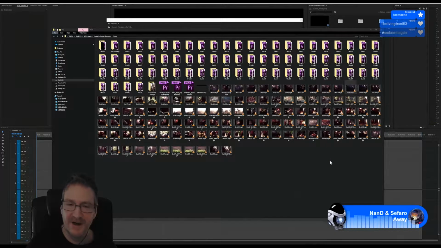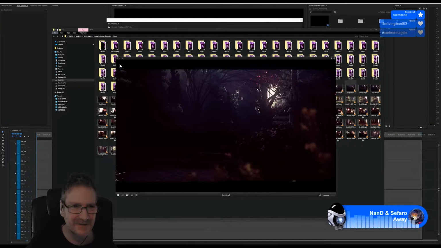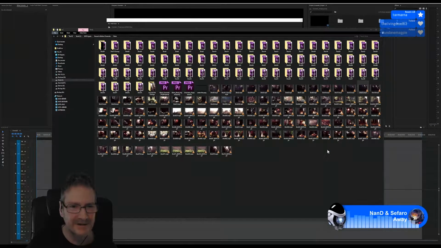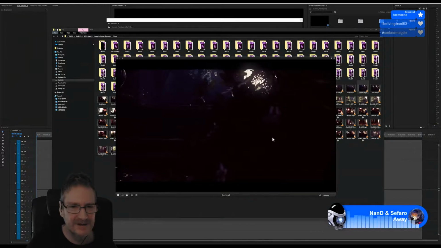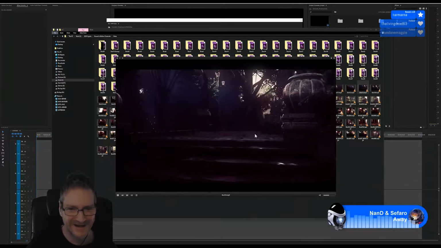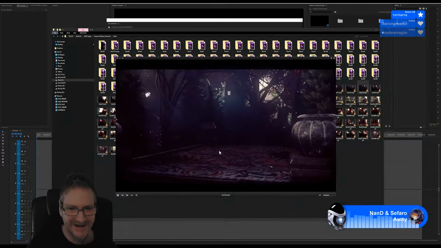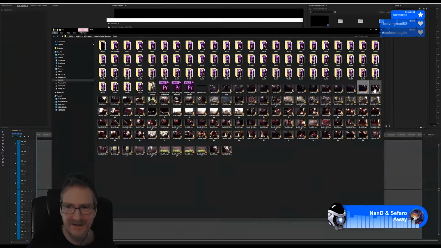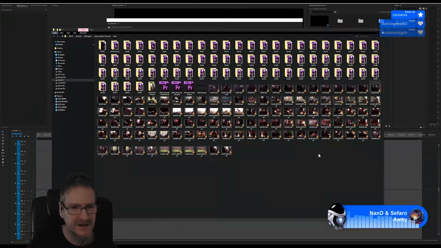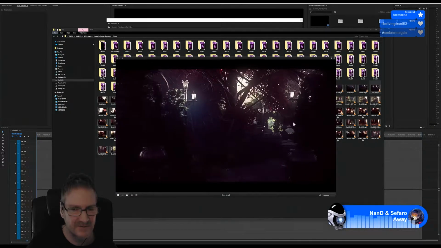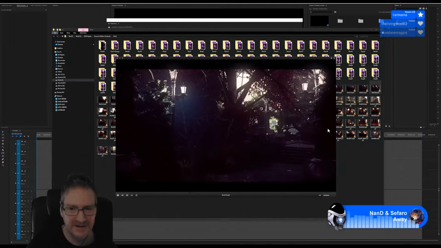Shot 12, we got a lot of path shots. Still on the path. 13, we're up to the first, I don't know what you'd call this. So 13, still in the path. Shot 14, we're coming up to the main terrace.